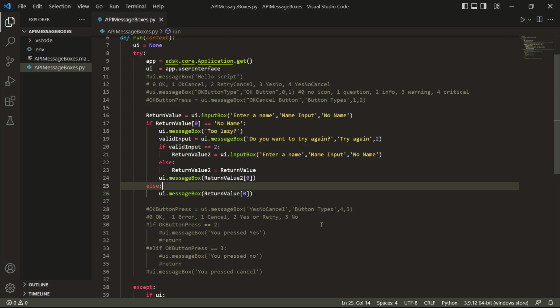So being able to do things like check whether or not they pressed a certain button on the message box and using that to control the flow of the program, whether it's through a user input or whether it's through just a yes/no cancel box. And being able to use those can really help you figure out how to make more complicated scripts that don't involve the dialog boxes directly in Fusion